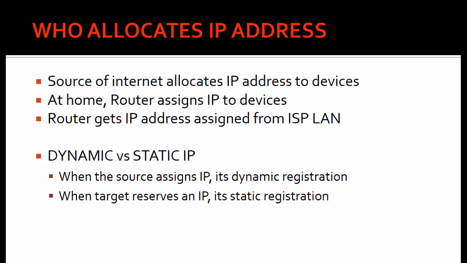At home, your router or Wi-Fi is the source of internet, and your router will assign an IP address to all the devices that try to connect to the router via Wi-Fi or maybe the LAN cable. The same way, when you go to your office, generally at offices, all the systems are connected in the network via the Ethernet cable. Whatever router all those Ethernet cables join to, that router will assign an IP address. When you go to the airport or coffee shop, the Wi-Fi router over there will assign an IP address to each and every device. Router gets its IP address assigned from the ISP LAN.